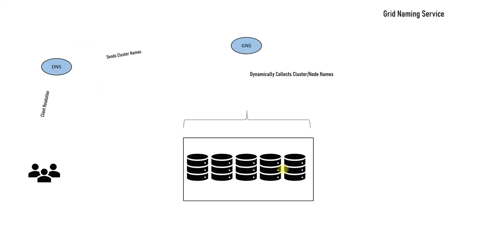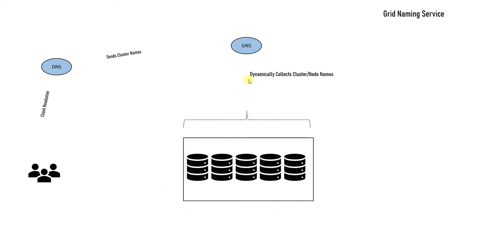Now comes the GNS. What GNS actually does is collect all the node names and the cluster name that's defined here. This is the 5 node cluster, so GNS is in the middle. GNS is a service, a cluster aware service. When you install the Oracle Clusterware, GNS will be available. For that you need to activate some specific things, and I will tell you what is required.